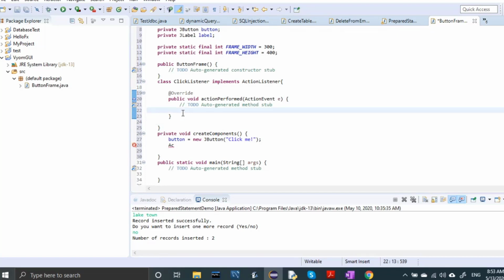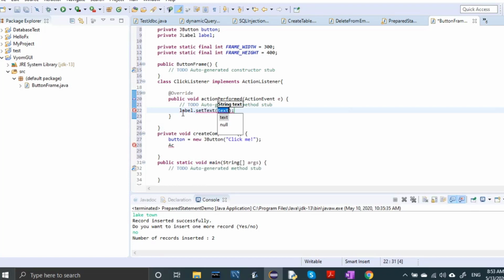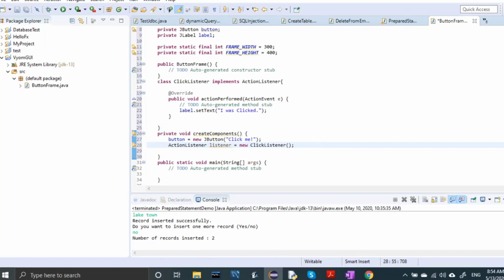Then you write label.setText, and inside the text you write "I was clicked". Now you can write ActionListener listener equal to new ClickListener, and a semicolon.